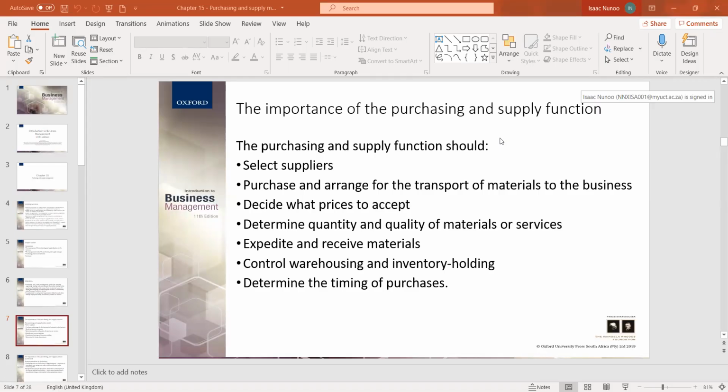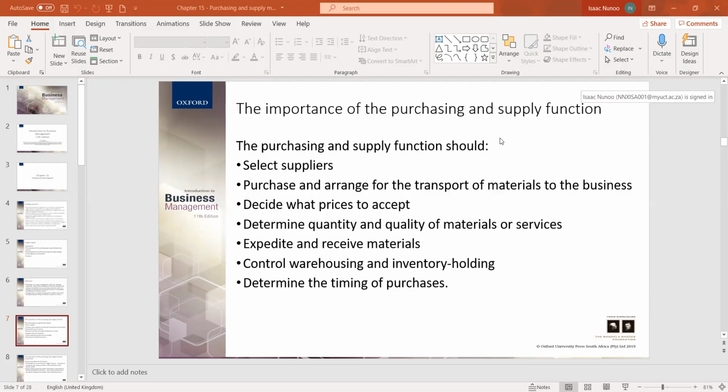Now, the purpose of purchasing and supply has therefore been outlined below, and let me just take this one by one and try to explain. So for the purchasing and supply function, one of the purposes is to select suppliers. You should have a system of selecting suppliers when they tender in, to identify which suppliers are going to be reliable, and what their materials quality is. Do they have the available resources? If you want to buy from this particular supplier, do they have the amount that is needed